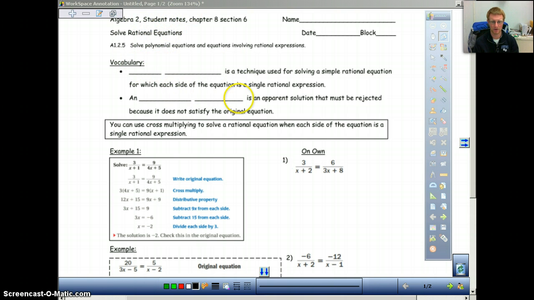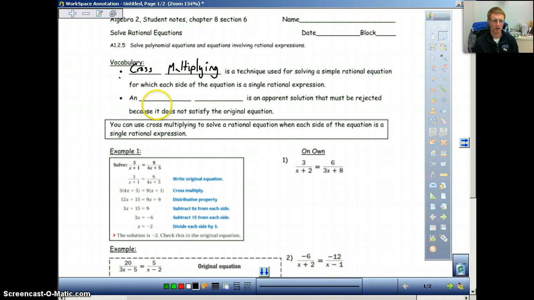The front page, I think, is super easy. It brings back a concept that you guys have learned many years ago, it seems like, probably 7th and 8th grade. We're just twisting it with a little bit more algebra than what we used to. So start with some vocabulary, and this is what you should be used to. Cross multiplying is a technique used for solving simple rational equations for which each side of the equation is a single rational